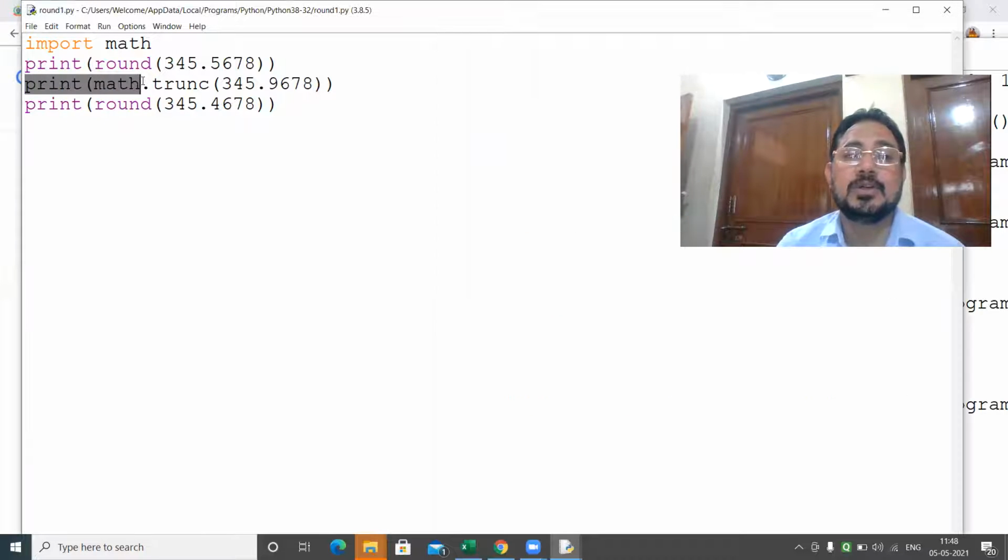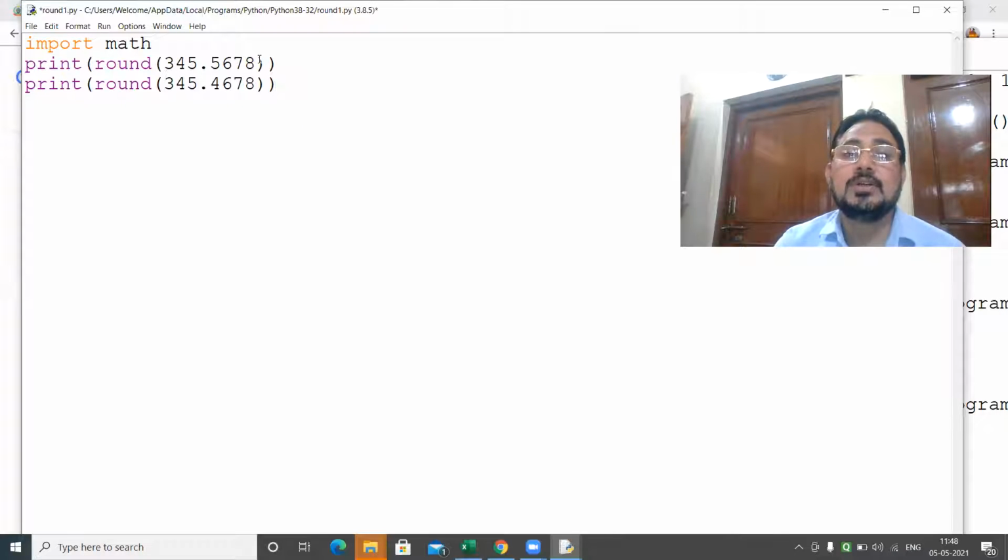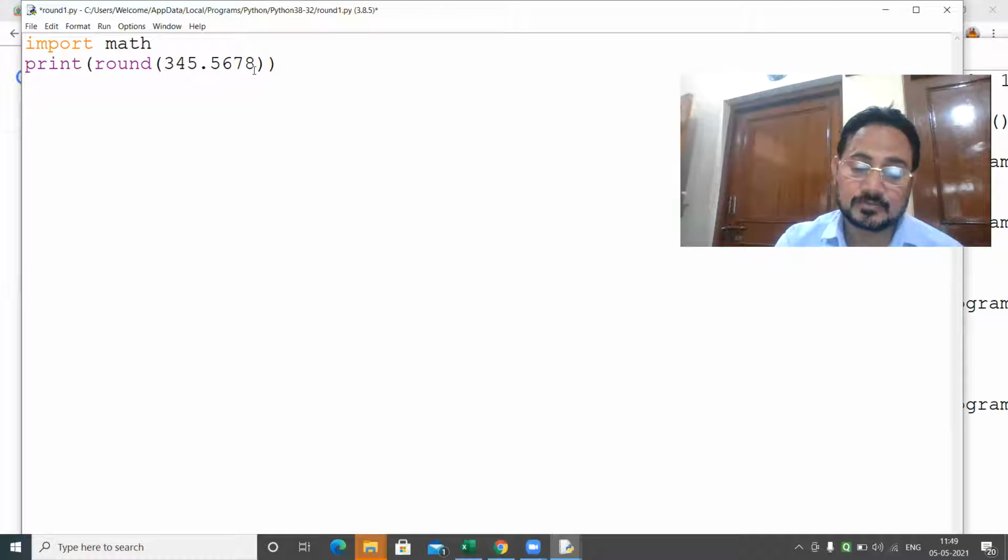Just now I am doing this, and I will focus mostly on round. So once it is 4, that means the value is not 5 or more than 5, it remains 3, 4, 5. Point clear? Now come to the next one. First was the simple round. Now the second is comma 2. I am taking here. And then I am running.